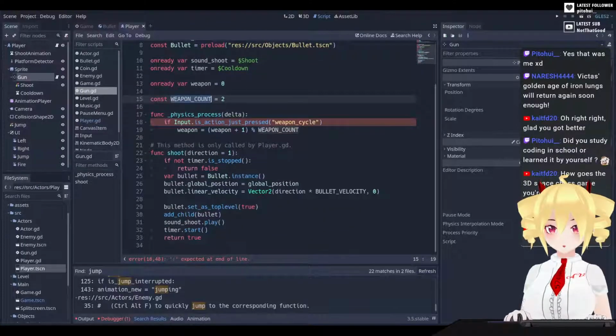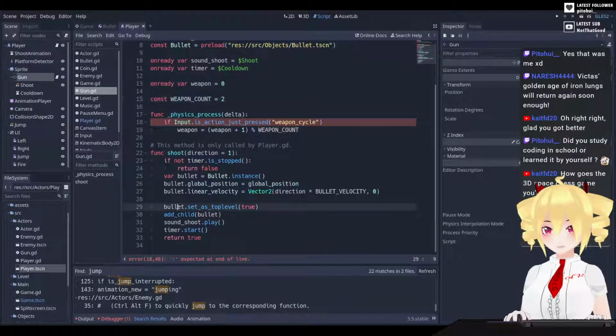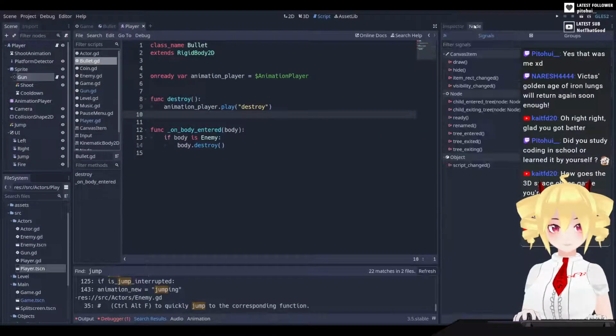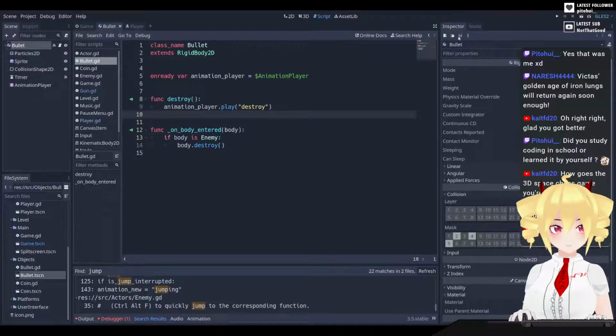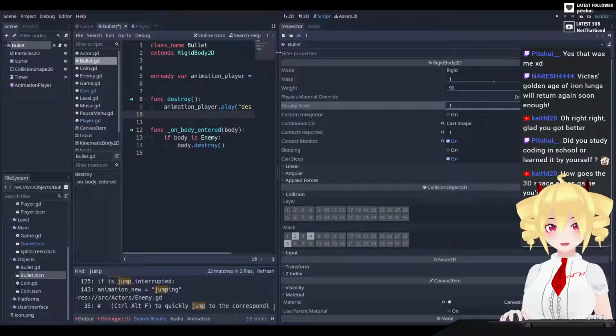And then what I want to do, just for testing purposes, is the bullet. So if I go look at that bullet properties, again, where was that? Alright, so the bullet, I changed the gravity scale. So what we're going to do is set that back to 1. And